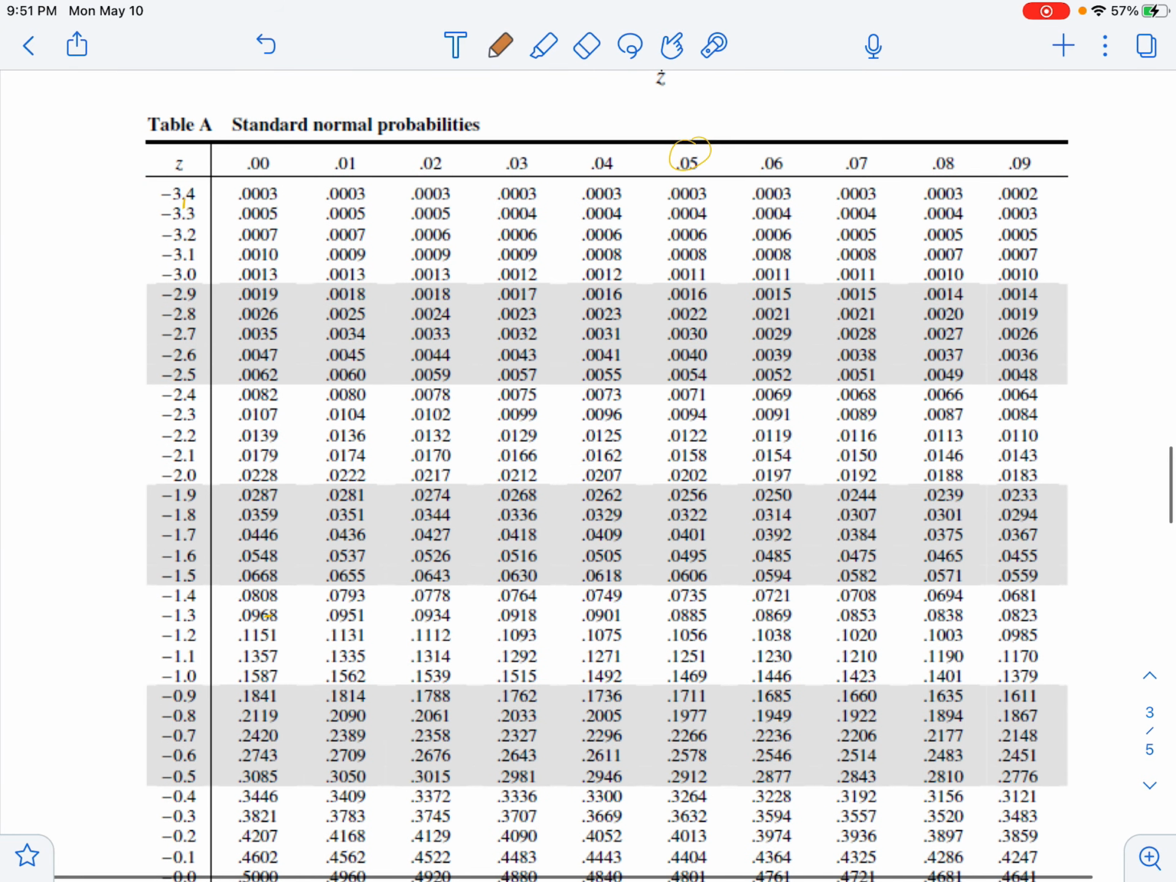And we are looking for negative 0.44. So I'm going to start with the negative 0.4 first. So we're going down. There it is. And then we want the 4 in the hundredths place. So I'm going to go over 0, 1, 2, 3, 4. And so by using the table, I can find that the probability is